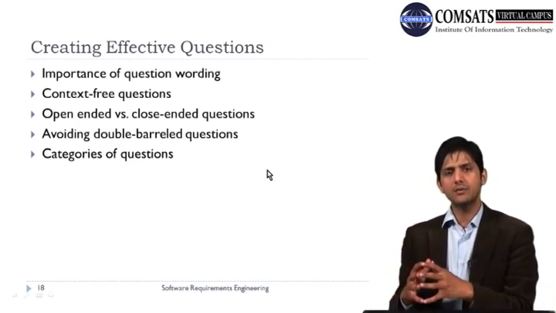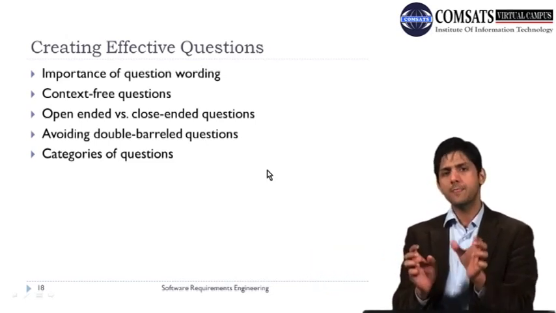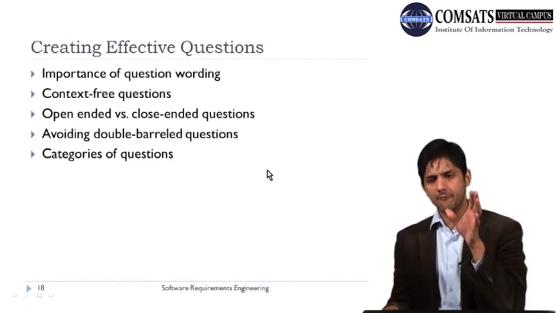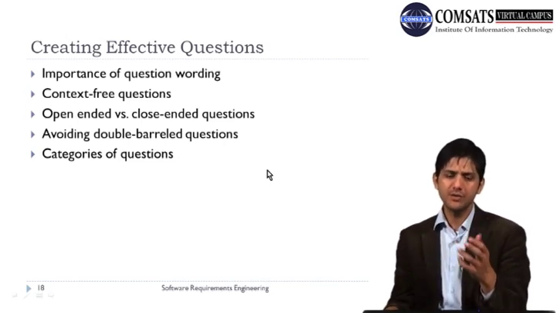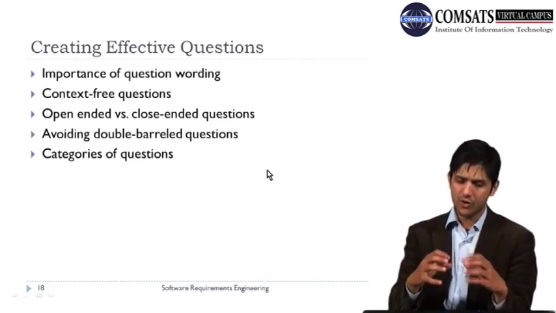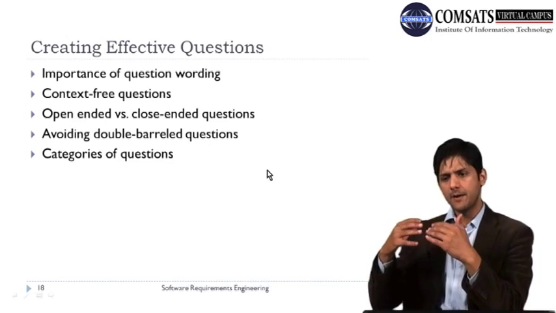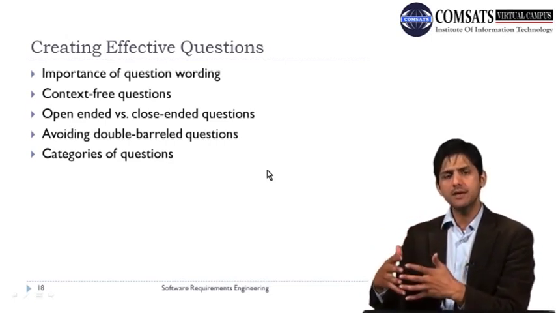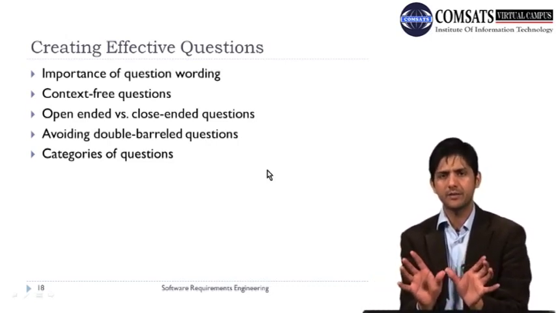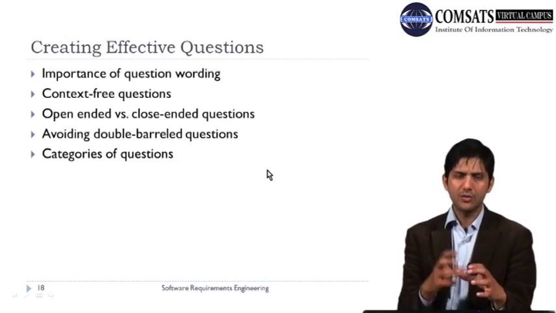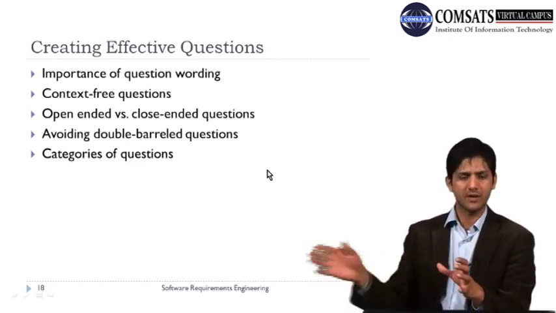It's always a good idea to list all the questions and then try to group them together. When you group the questions related to a particular process or a particular function of the user and ask them all together, it helps the interviewee to focus. He might not be able to tell something important in the first question, but by the time you have, let's say, 5 questions about a particular process, and you are going to talk with this stakeholder about 5 different processes, and for each process you have 5 questions,